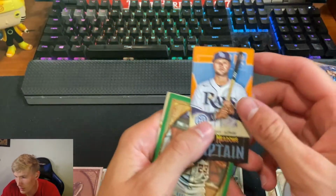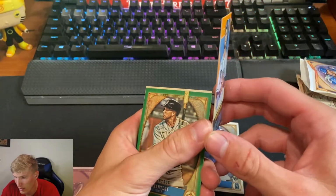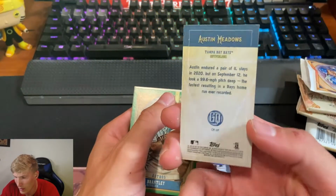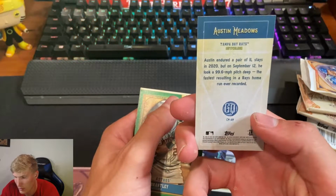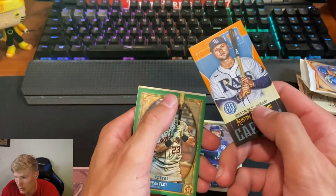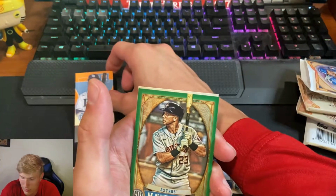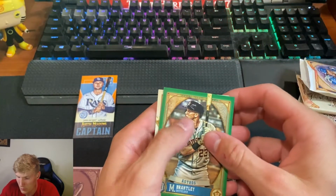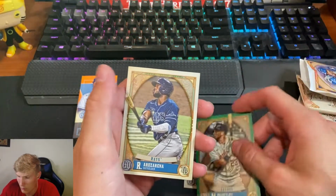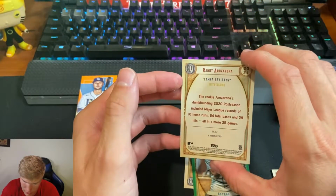Austin Meadows. This captain card. I got a Kyle Lewis captain card in that other box that I opened. So kind of just a cool little side thing that they throw in. Michael Brantley with the green border. And Randy Arozarena. This guy was